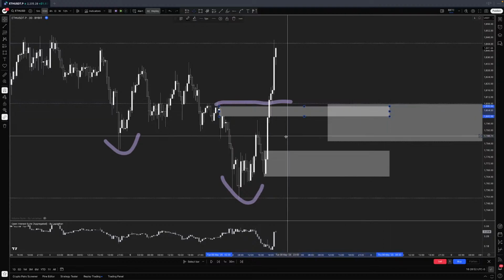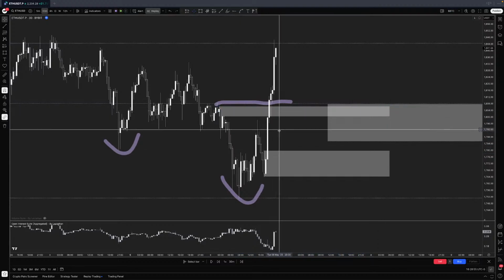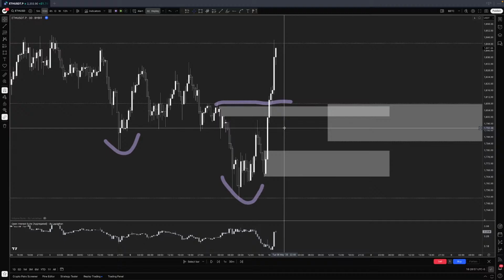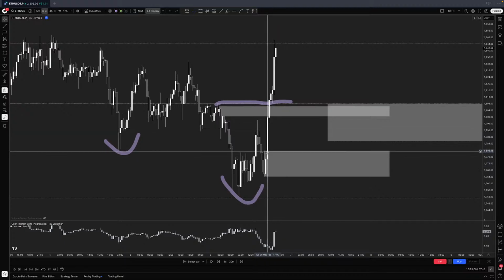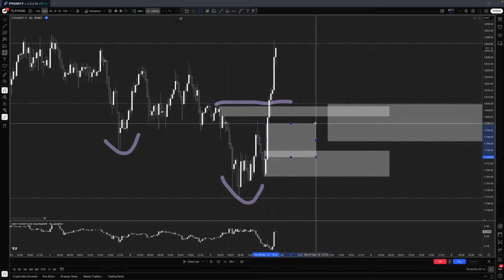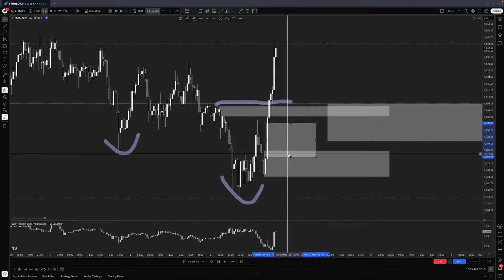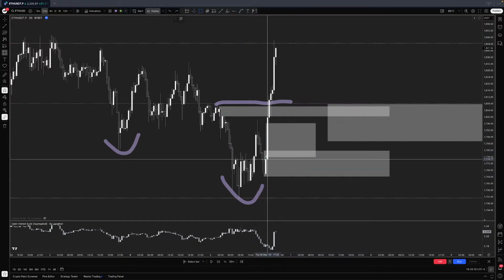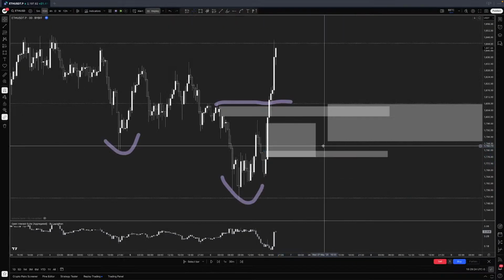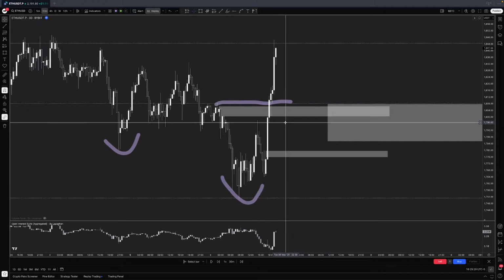Okay, and in between we have something interesting here as well, because not only is this candle very relevant to us, but it developed a liquidity gap over here. Now all of these zones, you see this liquidity gap, it's confluent and it's forming an intermediate zone below this. So this is the zone that I'm going to be looking for entries. We don't have any more liquidity gaps over here.